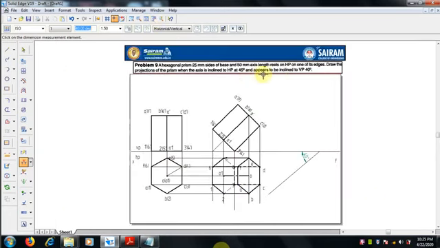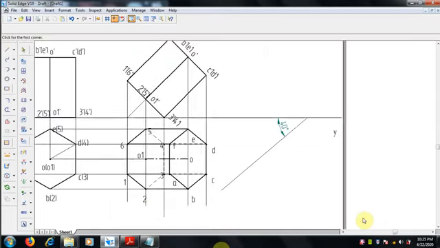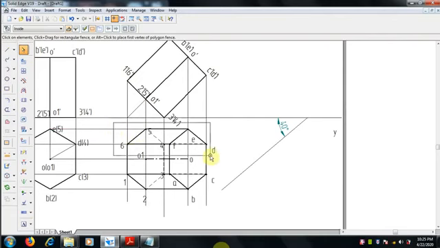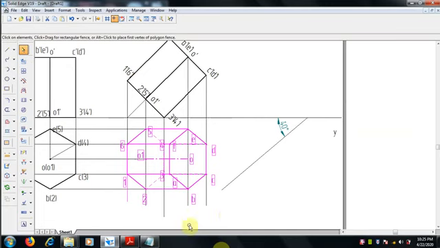Now it is inclined to VP, directly given. Axis appears to be inclined, so we need not to go for beta angle. We can directly rotate, move this view, top view, and we can rotate. So first group this by select this entire view with the notations and the lines fully. You select it and make a group of it. Make this as a group.